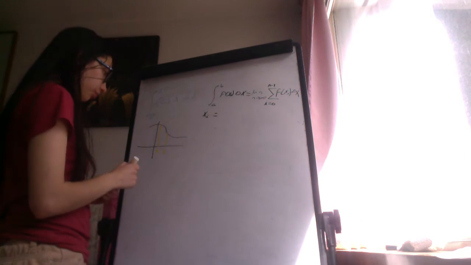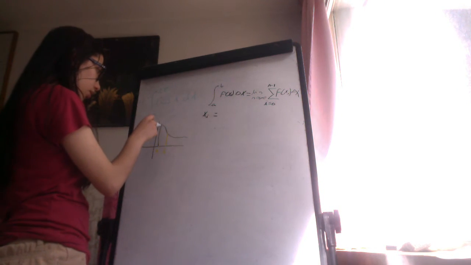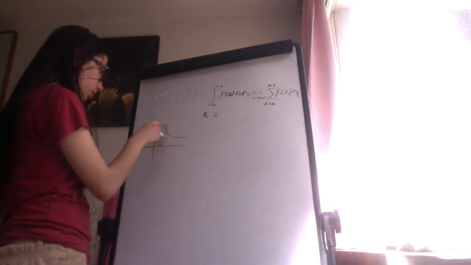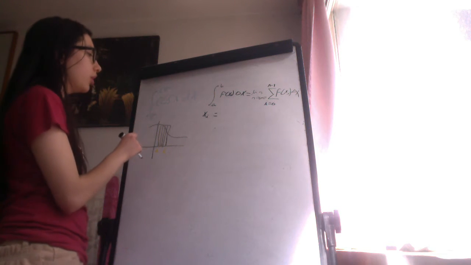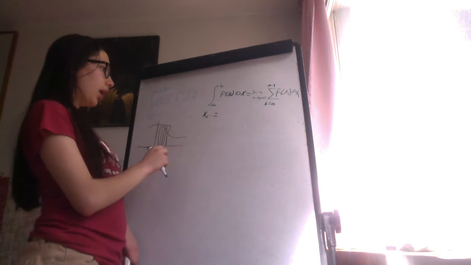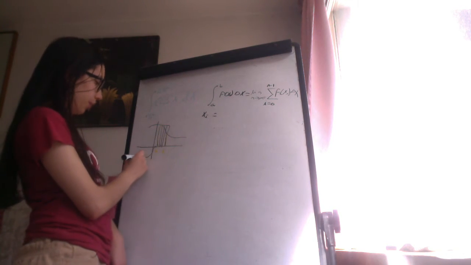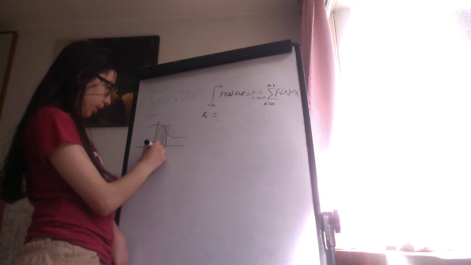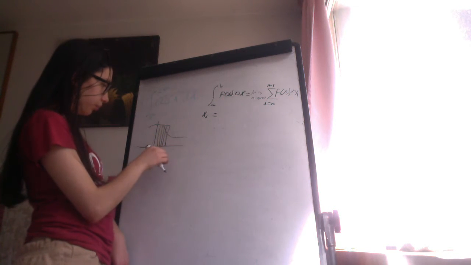The rectangles for left Riemann summation are these rectangles, like this. Remember, for a decreasing function, the left Riemann sum is an overestimate. Now, the x sub i are these left endpoints. This will be x sub 1, this will be x sub 2, this will be x sub 3, and this will be